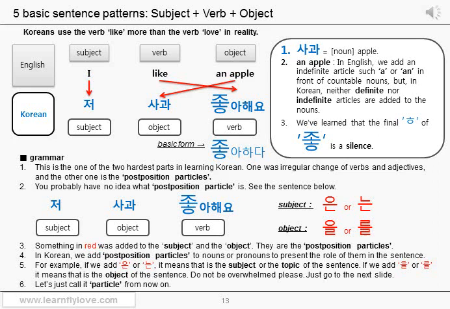Okay? Let's take a look at the box on the right. An apple. In English, we add an indefinite article such as a or an in front of countable nouns or use the plural form. But in Korean, there is no concept of definite or indefinite article. So there is at least one thing actually easier than English. That's great. So apple is 사과 in Korean. The verb like, the basic form of the verb like in Korean is